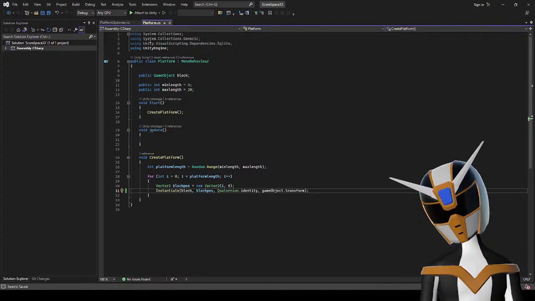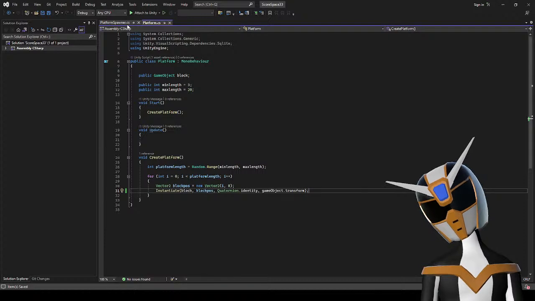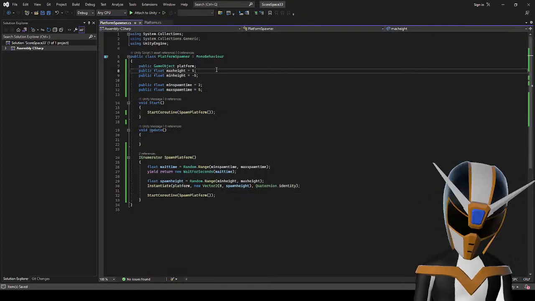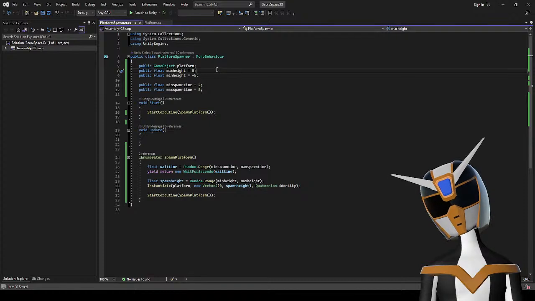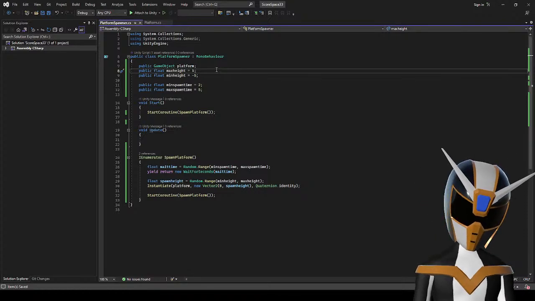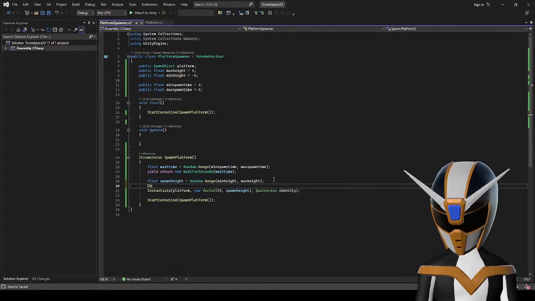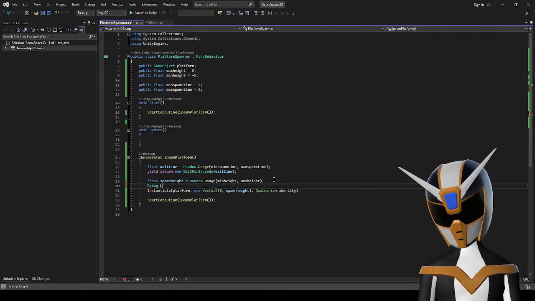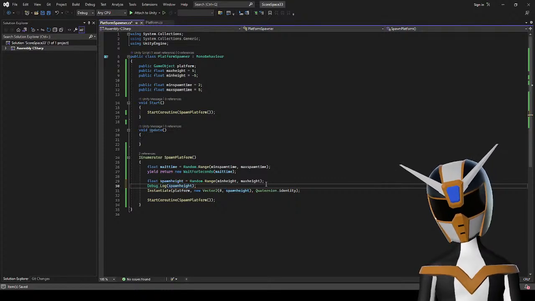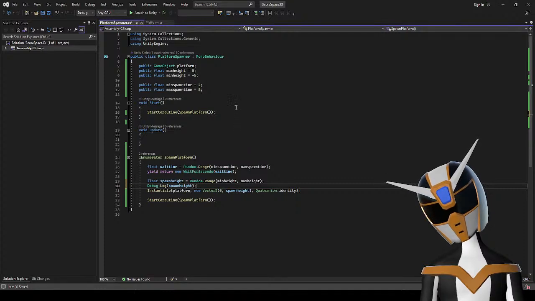So now the block should instantiate as a child of the platform, and now I need to figure out why these aren't spawning at different heights. What is the problem? So let's just, okay, Debug.Log spawn height. Let's see what it's saying there.